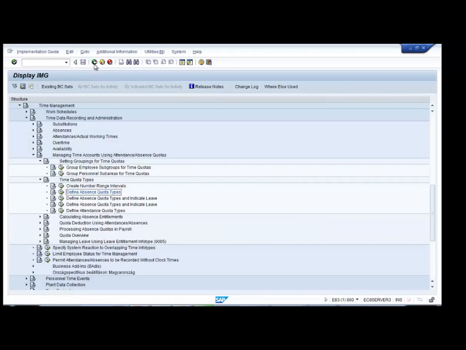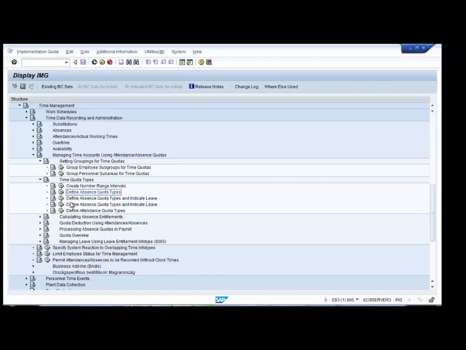Now in my slide I told you that there are different methods to create the absence quotas, either through the reports or you can directly go and manually create the info type 2006. So let us tell the system that whatever absence quota type I have created, I want the system to know that this is a quota type which I want to create in info type 2006 directly.